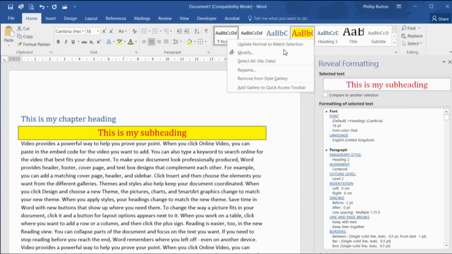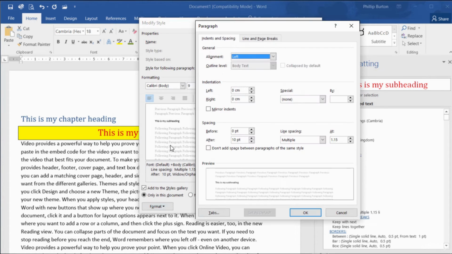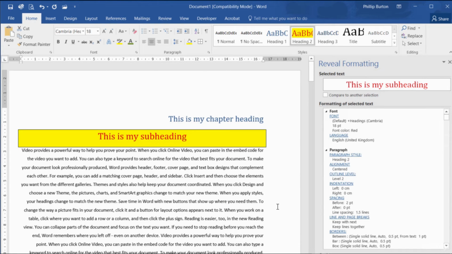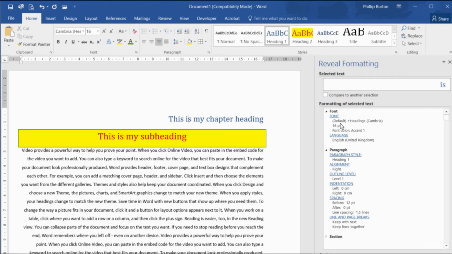Now, you remember I said you can modify normal? Well, if I modify that and make it 9 point, make it 1.5 lined, and make it right justified, and click OK, look what's happened. It's done it for the entirety of the document. The reason it's done that is because this main text is actually your normal. And all of these are based on normal